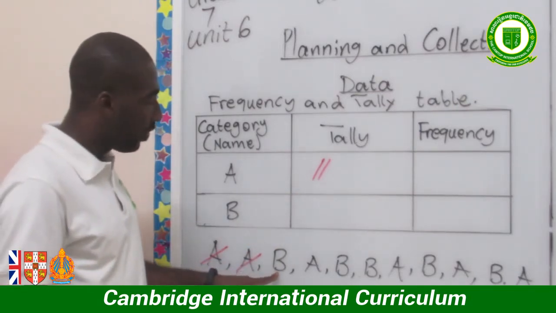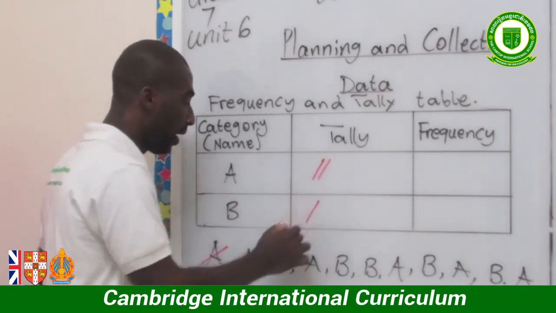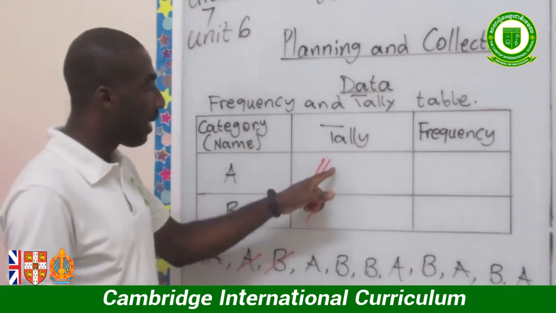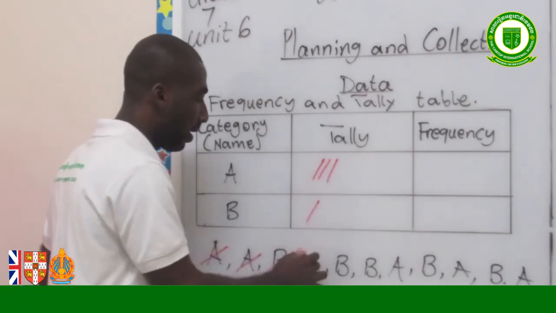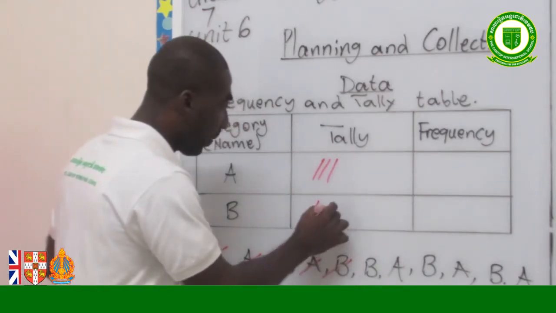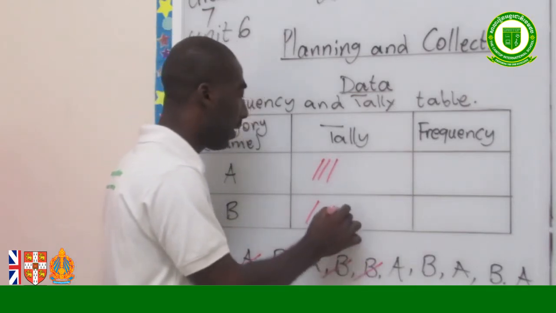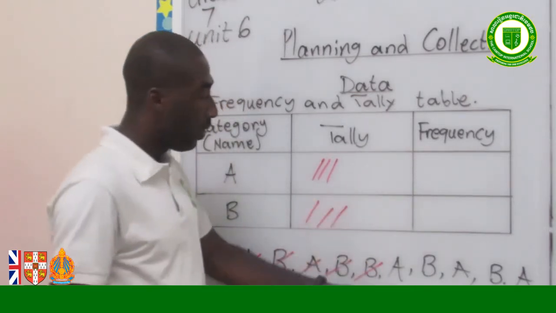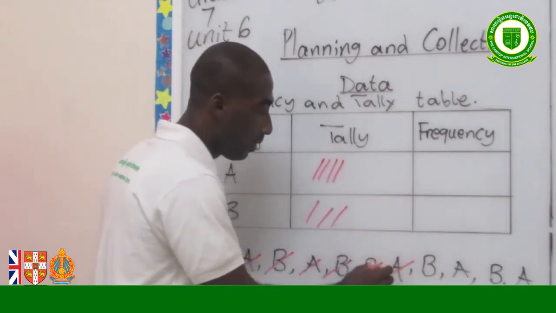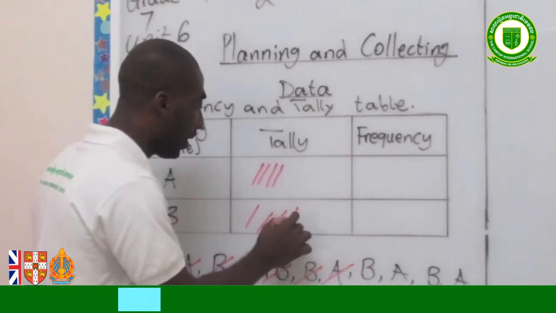Now this is B, so B has to come to this column. We'll put B here, and then we'll cancel our B here. A will go up here, so we'll put our A here, and then we'll cancel this one. B will come here, so B is cancelled. B again, so put B, and then we come here. We have A, so we'll put a stripe here, then we cancel this one. B will go to the B column, so we'll put B here,